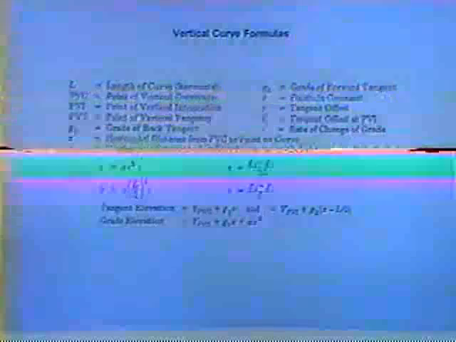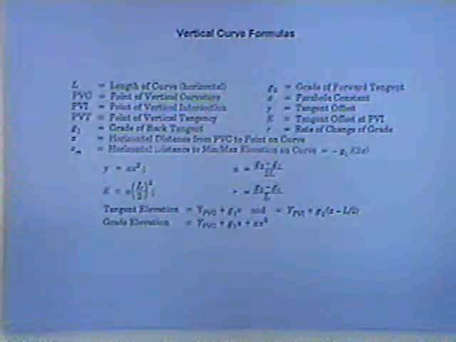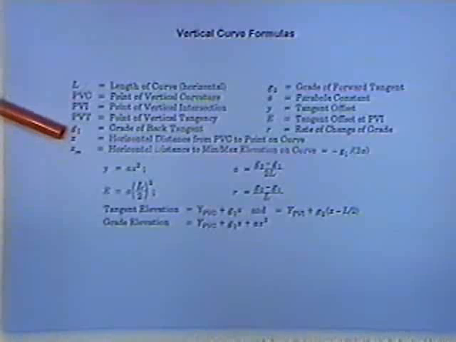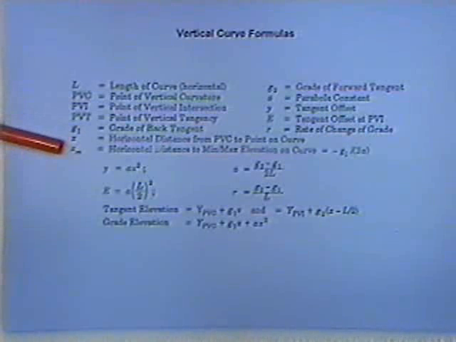So there are a series of vertical curve formulas on the next page that sort of define all of the variables that were used on that particular drawing. And I think they're pretty much all there. A couple of things to point out. We talk about X as being the horizontal distance from the point of vertical curvature to a point on the curve, and X sub m is the horizontal distance to the minimum or maximum elevation on the curve. Now, if I go back to the drawing,